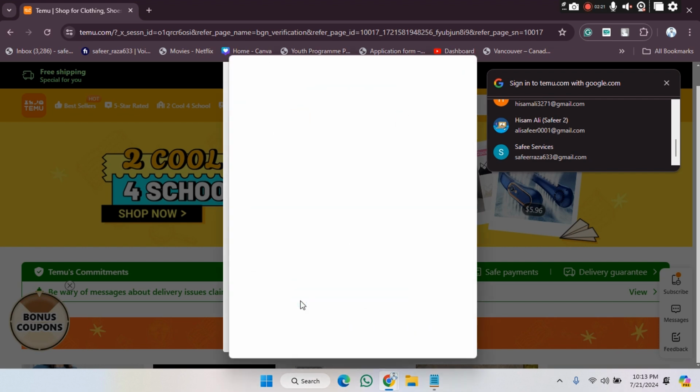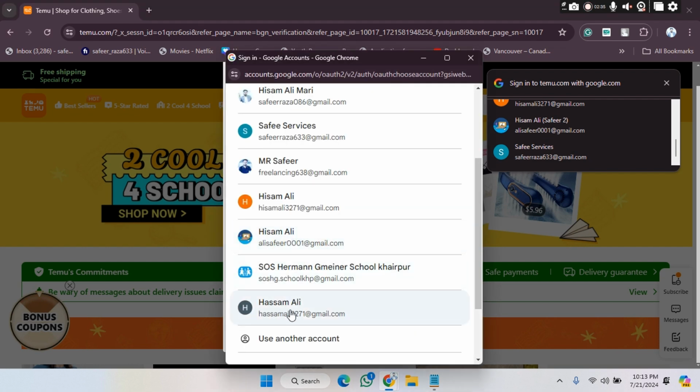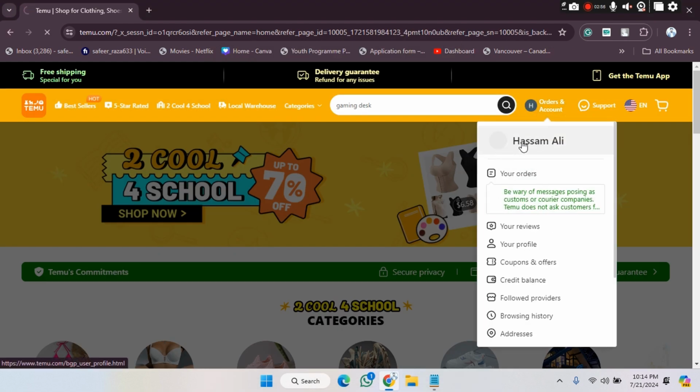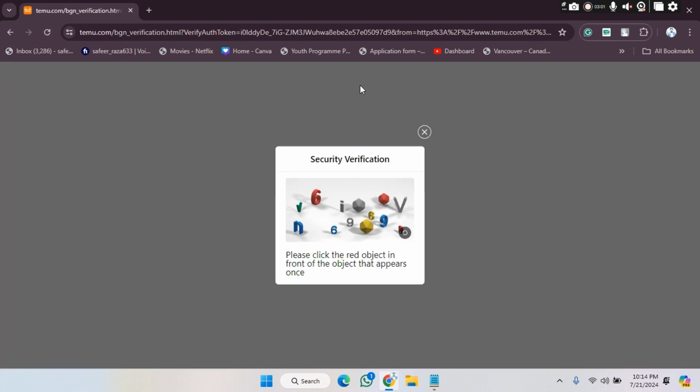So I'm going to click on continue with Google. And now we have to choose the email address. For example, I'm going to choose this email address. Let's click on this. Let's click on continue. As you can see now the account is created because the name is also mentioned here. If you want to edit this, you can also do that. So in this way, you can create your account on the Temu